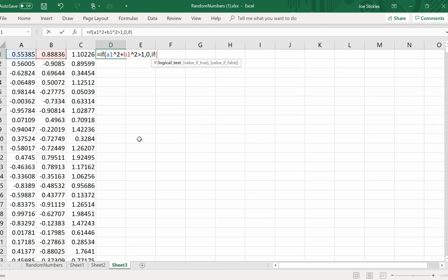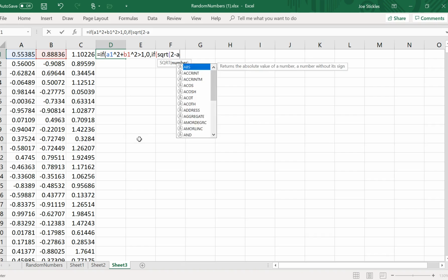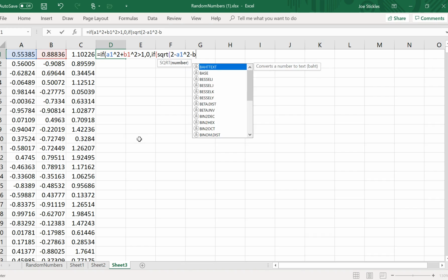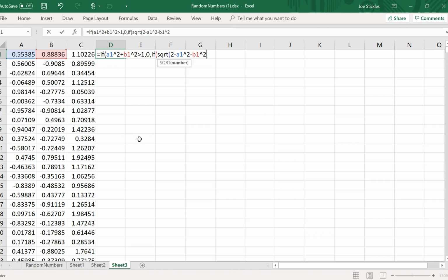Let me see if this works. If our C1 is less than, what do we need to be less than? I need to be under, so I need to try it this way, sorry. If I do the square root of 2 minus A1 squared minus B1 squared, if that's bigger than the C1,